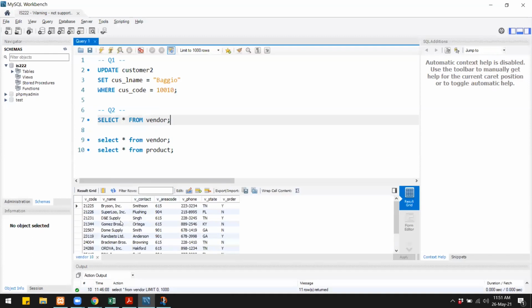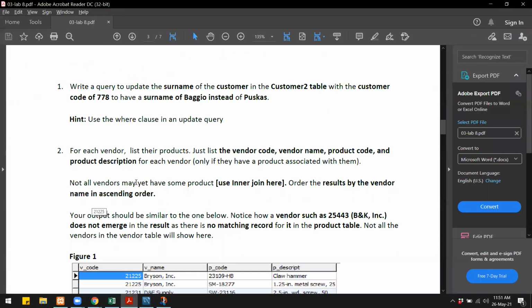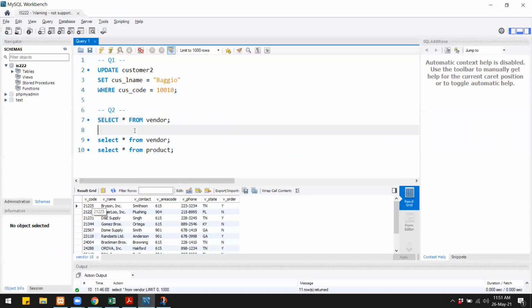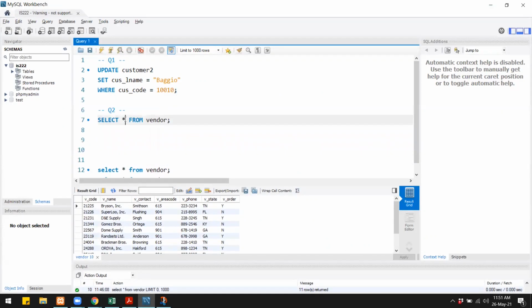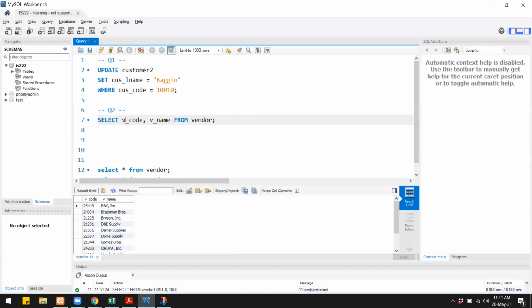Okay, so we get all of this, but from this we only want the vendor code and vendor name. So we will filter down our result. So instead of selecting everything, we will only select the vendor code and vendor name. So now when I run the query, I only get the vendor code and vendor name.